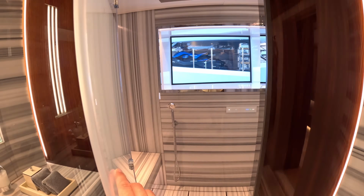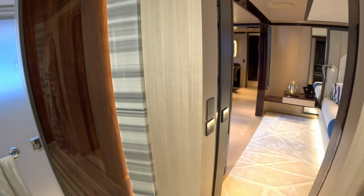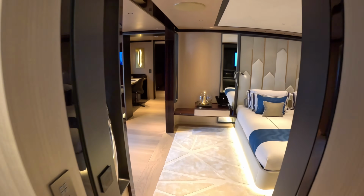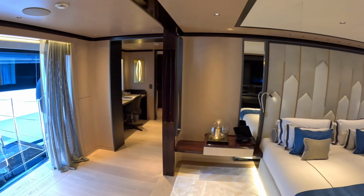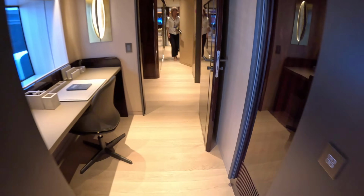Superb. Okay. Again, look at this wood, this dark high gloss here. We've got the light matte finish here. We've got the marble separating it. The work that's gone into this is staggering. And the bits of art around the place and the lighting. Look at the light over here. Fabulous. That is the